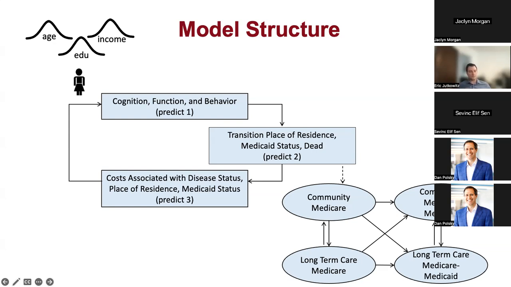All the while, in the background, we're keeping track of their cumulative costs, their time in the community, time in nursing home, and they continue to cycle until they're predicted to die. And then for one individual, that represents their sort of lifetime experience with dementia. What we do is we repeat this process for a very large number of simulated individuals, and then can get a sense of, for example, the average lifetime cost of dementia, or the average time a person with dementia spends